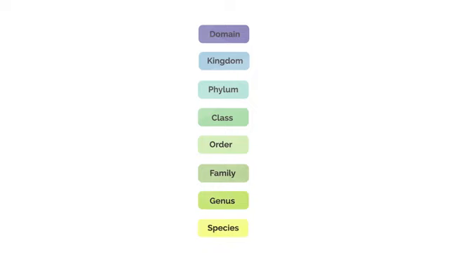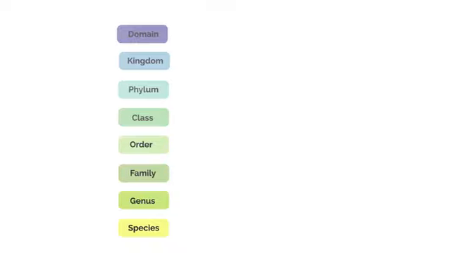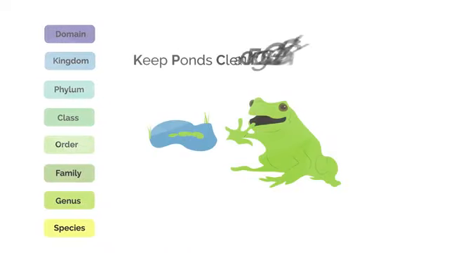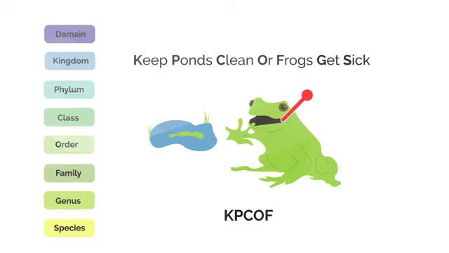The structure of Linnaeus' taxonomic groups can be seen here. You can make up a little rhyme or acronym to remember this, such as keep ponds clean or frogs get sick. By using this system of common groupings, we can develop diagrams that show the interrelatedness of organisms based on